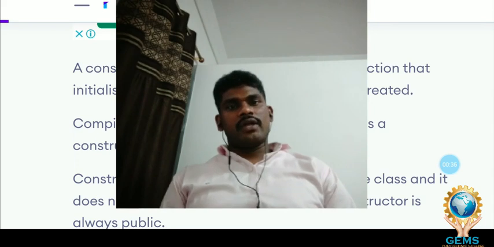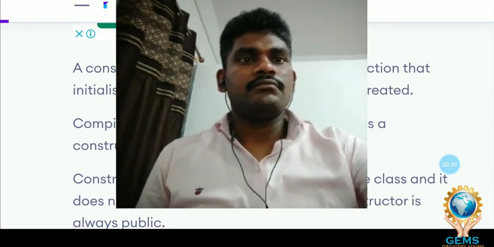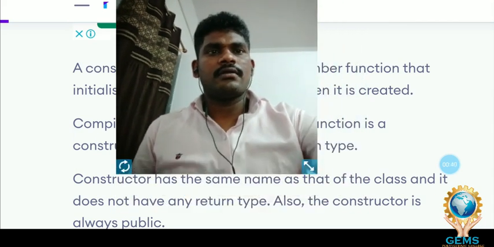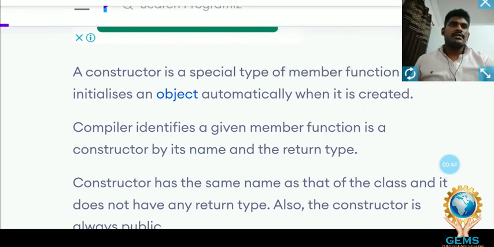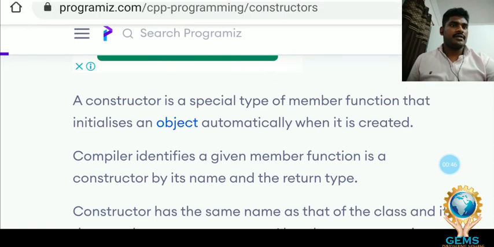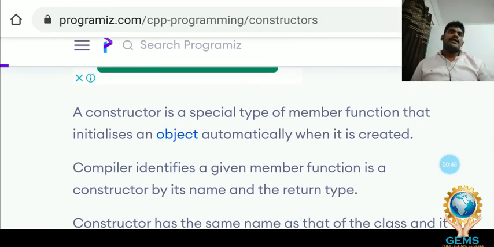So let's look at the definition. A constructor is a special type of member function that initializes an object automatically when it is created. That is the definition of a constructor.